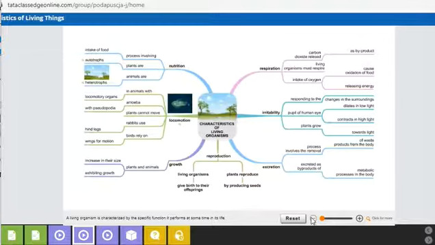Coming to the next, locomotion. In amoeba the outer membrane is the cell membrane, which is also called pseudopodia, which helps in moving the amoeba. Plants, they are fixed. Animals, they have legs. In case of rabbit, here it is written it uses its back legs, which are also called the hind legs. Next, birds, they have wings to fly. Next is growth. Growth means increase in size. Plants grow unlimitedly, throughout their life.